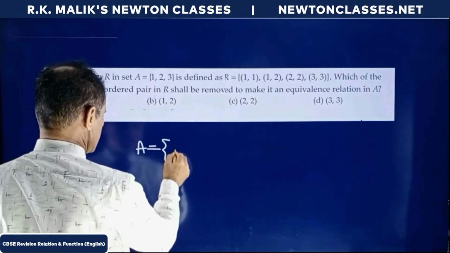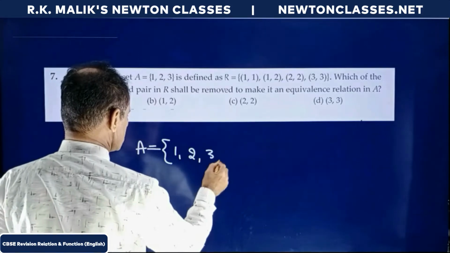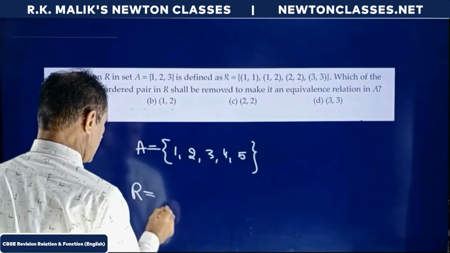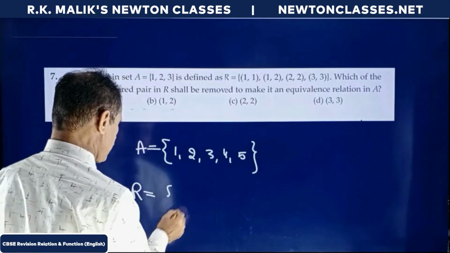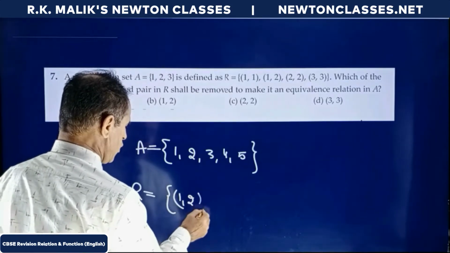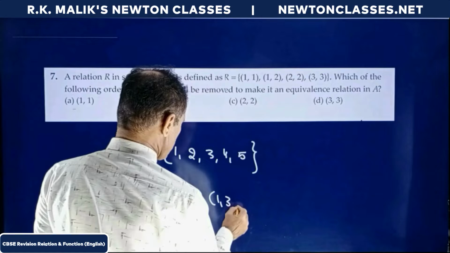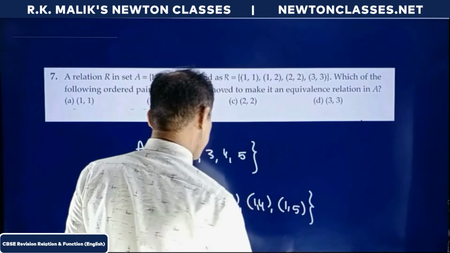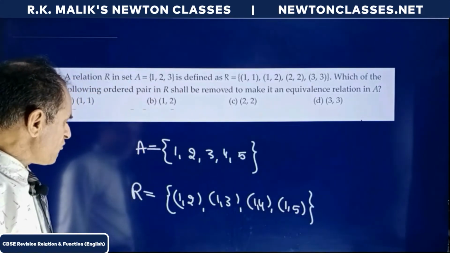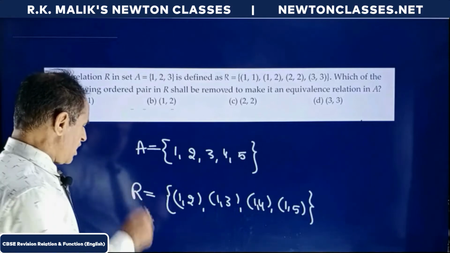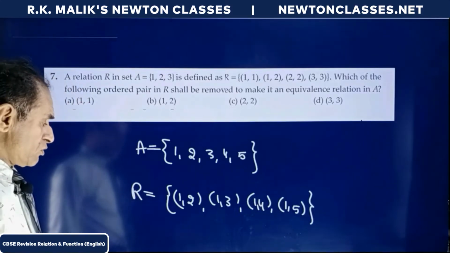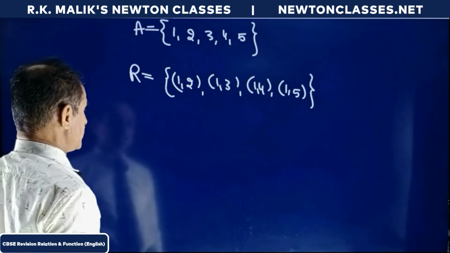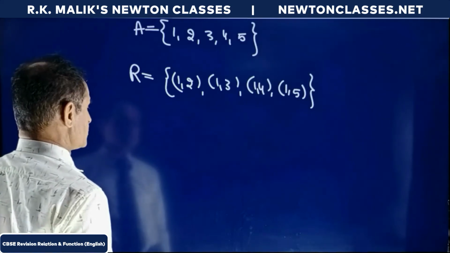Suppose A is a set containing elements 1, 2, 3, 4 and 5. Suppose R is a relation on A defined by ordered pairs (1, 2), (1, 3), (1, 4) and (1, 5). And I want to check whether the relation R is a transitive relation or not. To understand the concept of transitive relation, a relation is said to be a transitive relation if this condition is